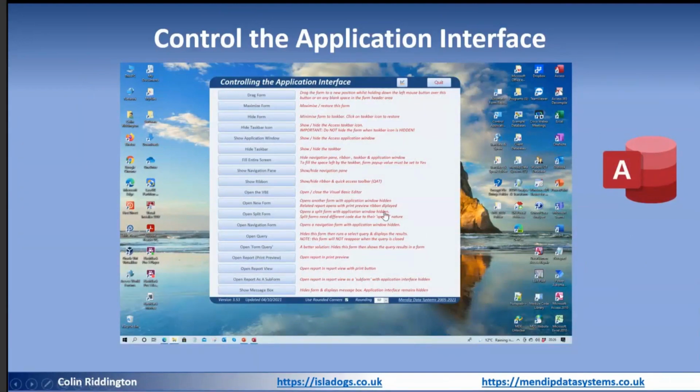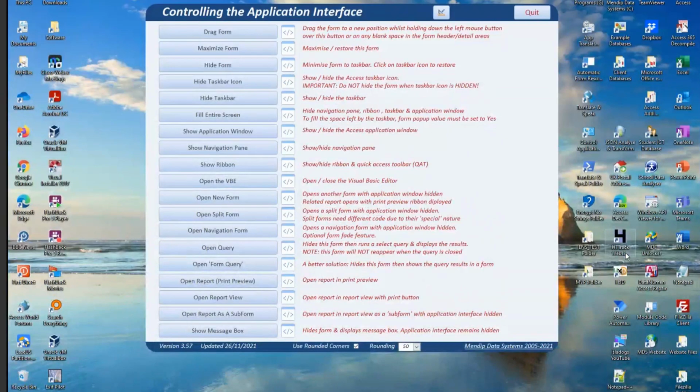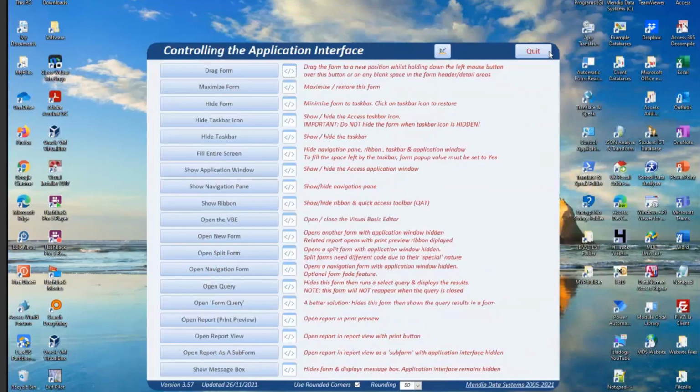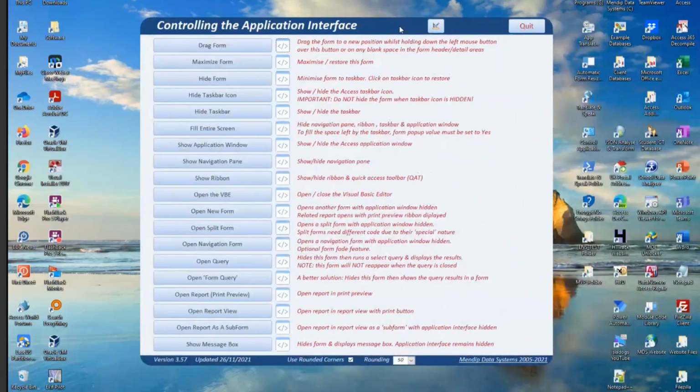Now, I could click on either of these two and it will open the database automatically, but if I do that, there's a rather strange quirk that it will show the interface again, which I don't want to do. So in this particular case, I'm just going to move this out of the way, and you should now be able to see the application that I mentioned before. So, in case you think I've painted the background on, as you can see, I'm moving this around here, and it's a borderless form.